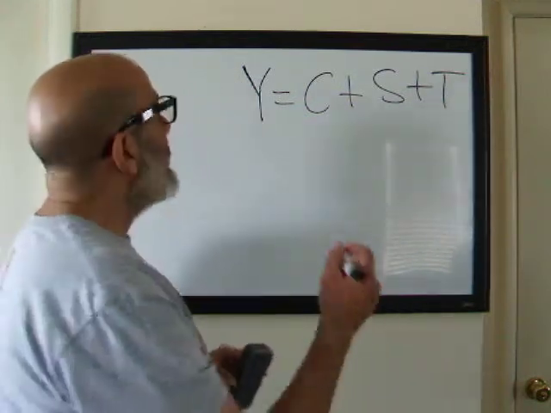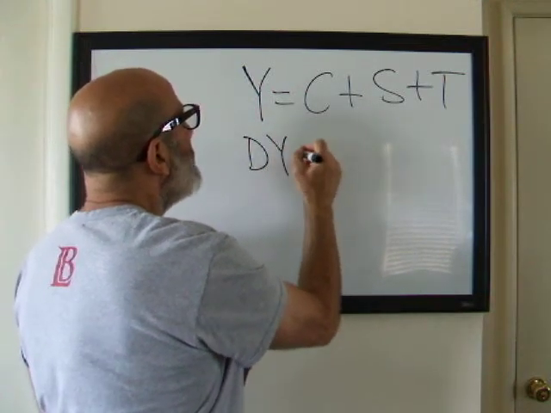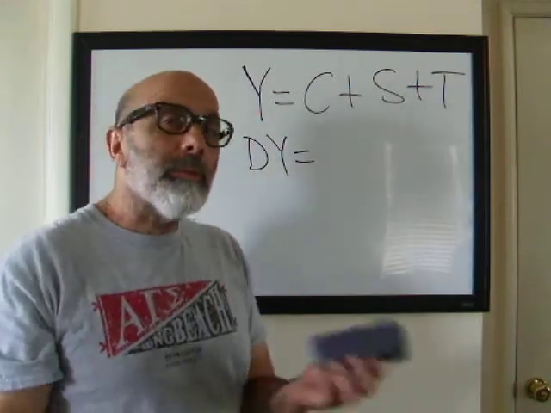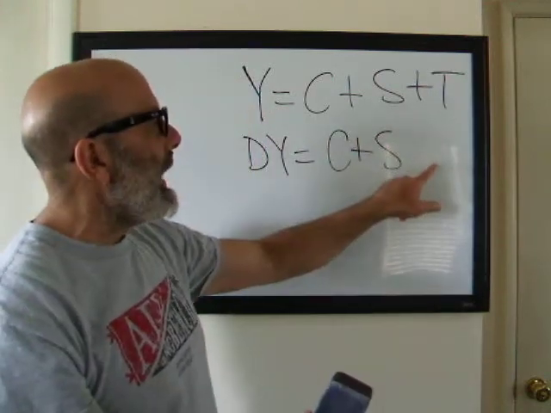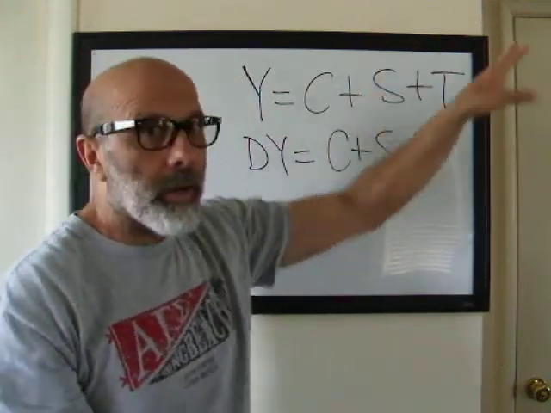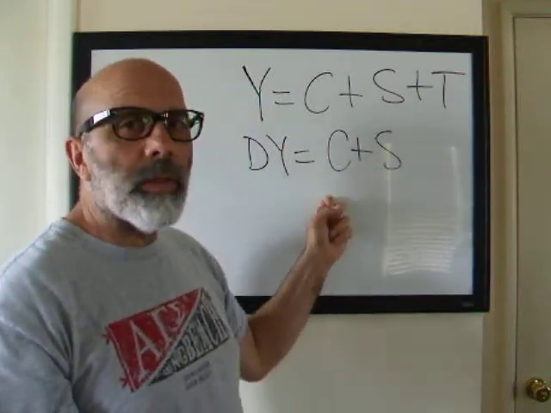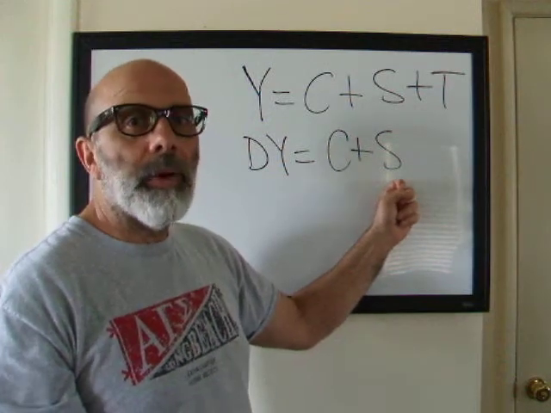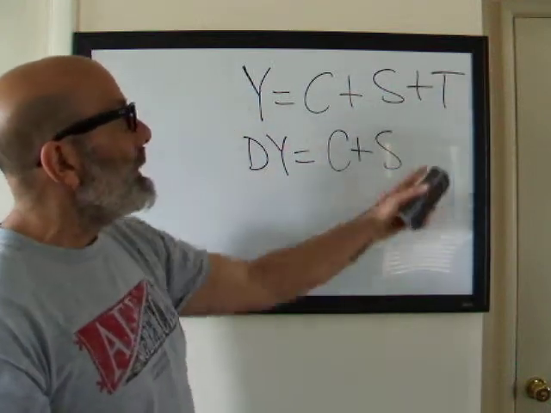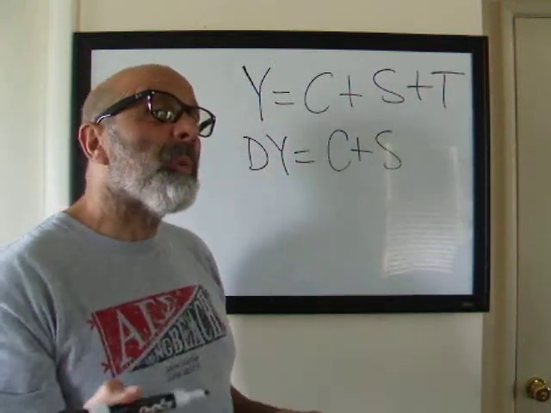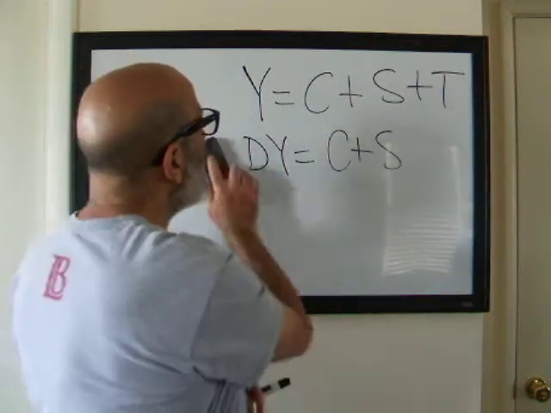Something else that we want to focus on is disposable income. Your book uses DY for disposable income. And disposable income is your take-home pay, just the consumption and the savings. So since the taxes are missing here, the taxes have already gone out. This is your disposable income. This is the money that we consume and save with, the money that we pay our bills, and the money that we save up so we can go on holiday or send our kids to college or something like that. These ideas are really important, but disposable income is more important with marginal propensity to consume and marginal propensity to save. Let's take a look.